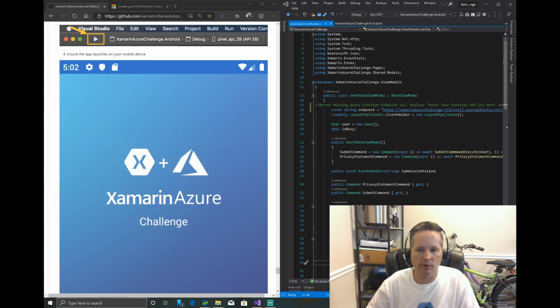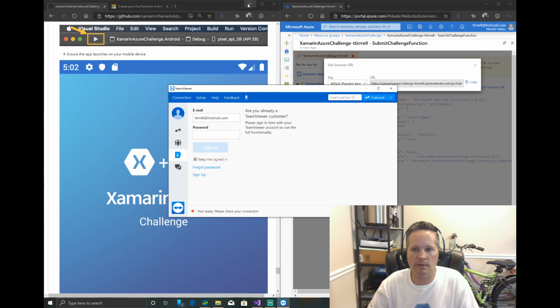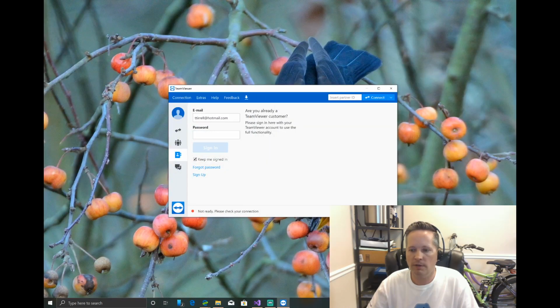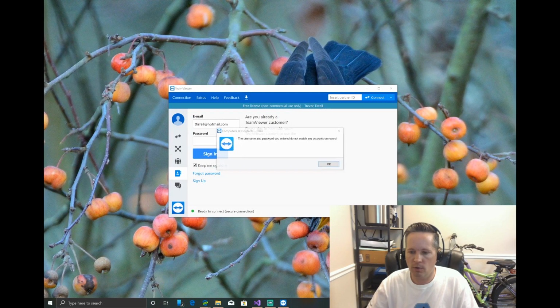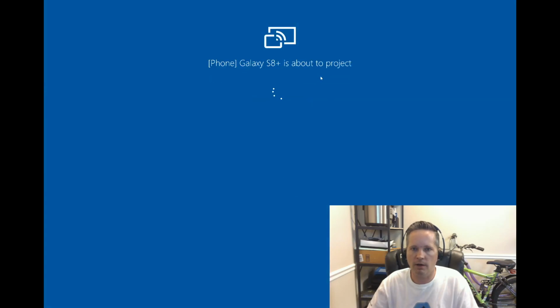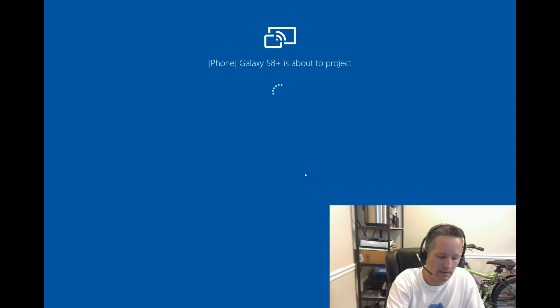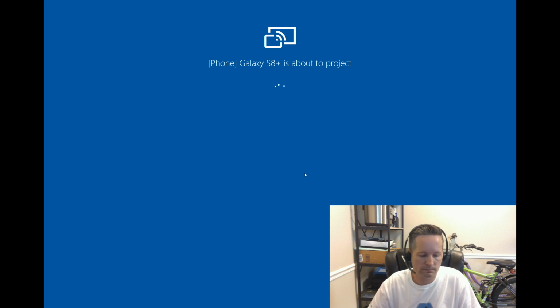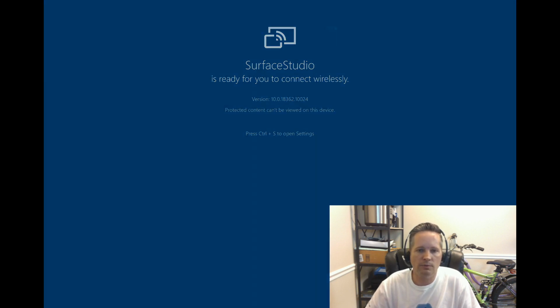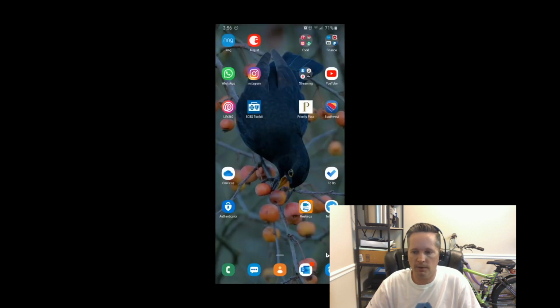So here is TeamViewer. I've used TeamViewer in the past. I can actually minimize both of these because I'm pretty much done. Minimize all of these. Oh, okay, here we go. Connect. Always allow and OK. There we go. Is ready. There we go. All right, so